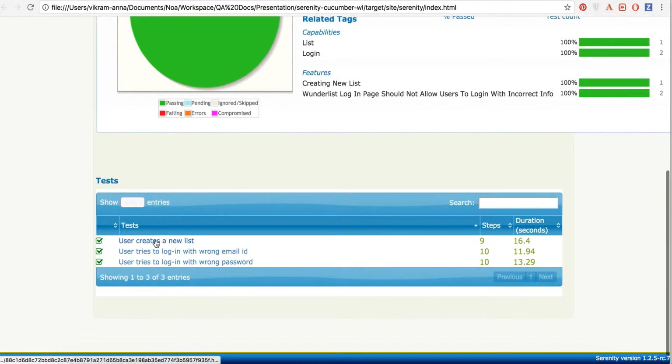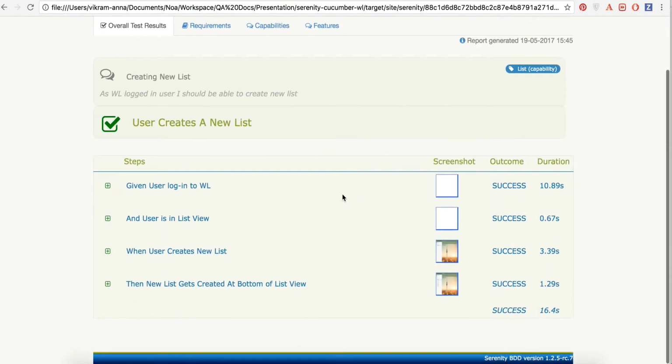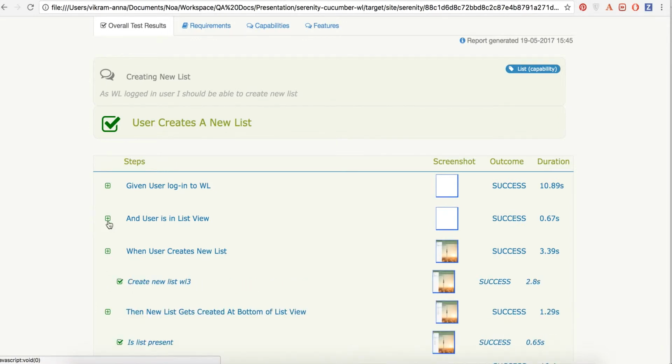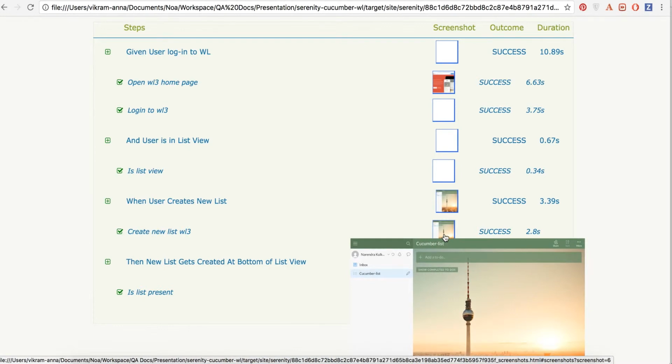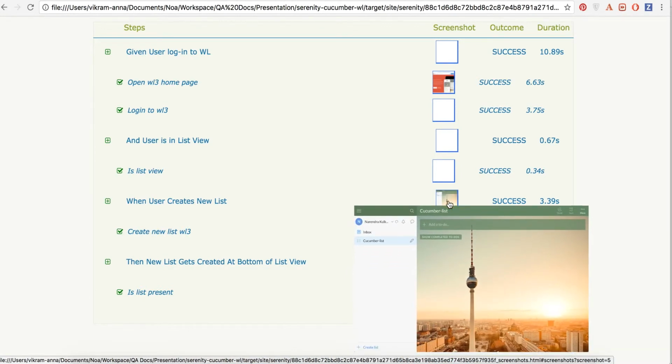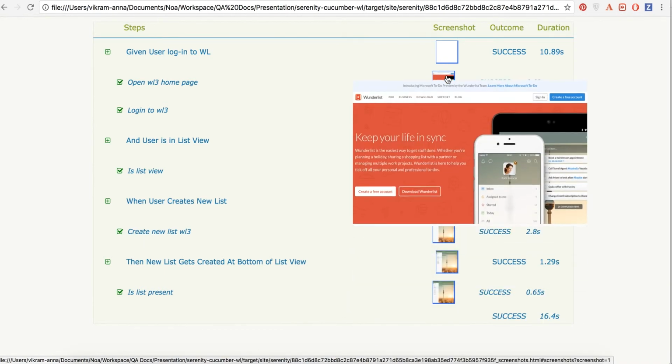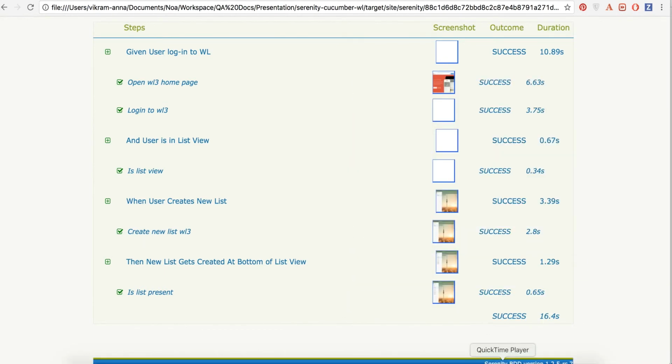Here you can see the scenario which says verify creation of a list has got 9 steps, and you can see how those 9 steps got executed. These are the Java methods for which you have written code. You can do a mouse over and see what is the action that took place for that particular given, when, then statement. This way you are linking your